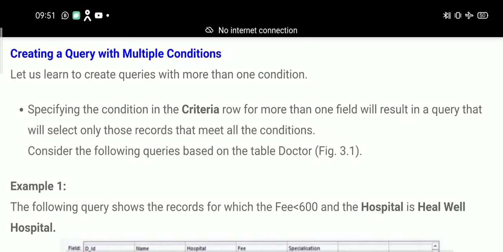Today I am going to discuss the rest portion of chapter 3, that is advanced features of Access 2013. Let's go. The first point is creating a query with multiple conditions. Mean to say